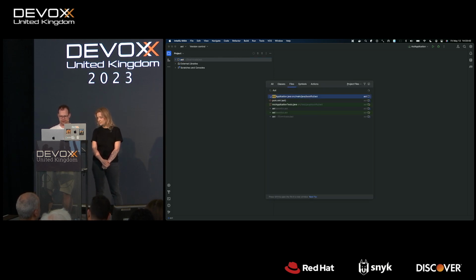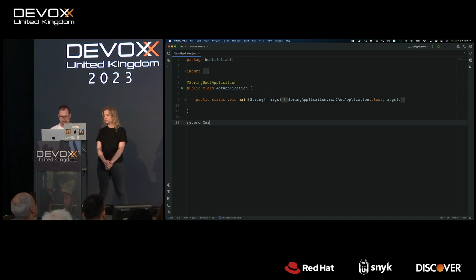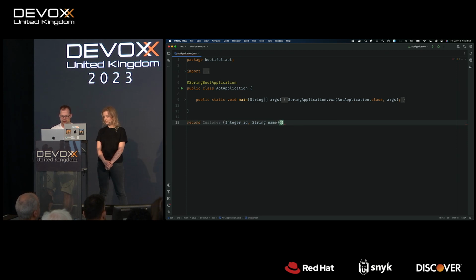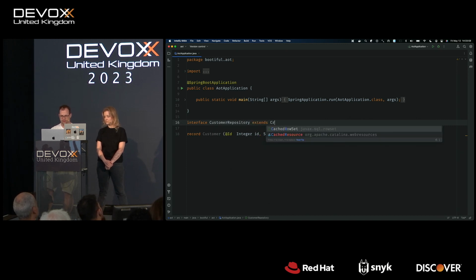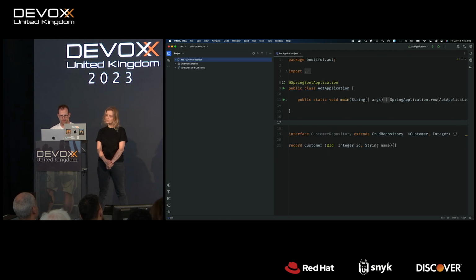So, the AOT application. The goal here is a very stock standard Spring application. You've seen me do something like this before. We're just going to have an application that writes data to the database. We're not going to linger too long in the details here. I just want you to see that this is possible. It's the normal kind of thing that you would expect. It's GraalVM without compromise. So there you go, basic repository, just a simple hello world Spring application that has some data in the database.